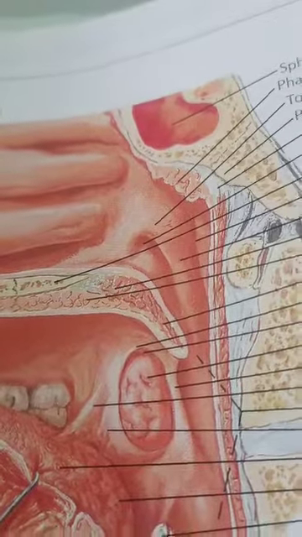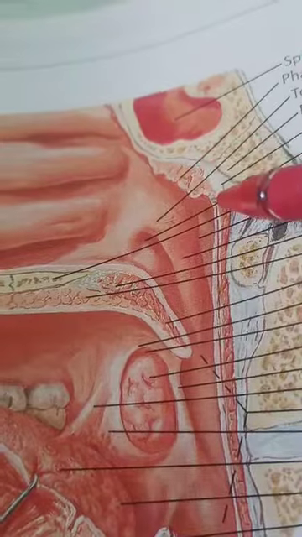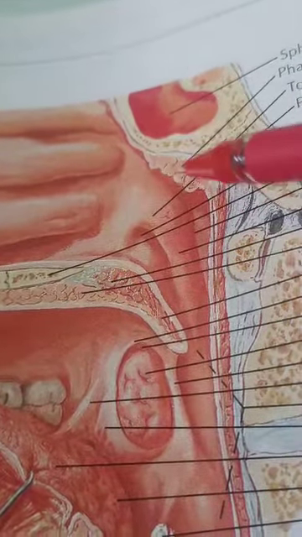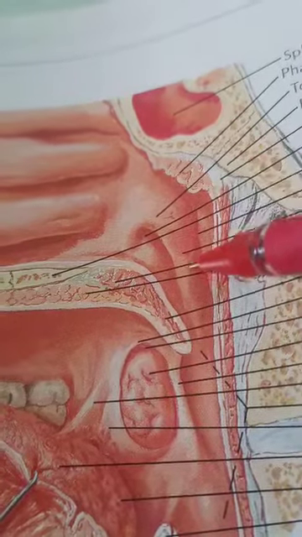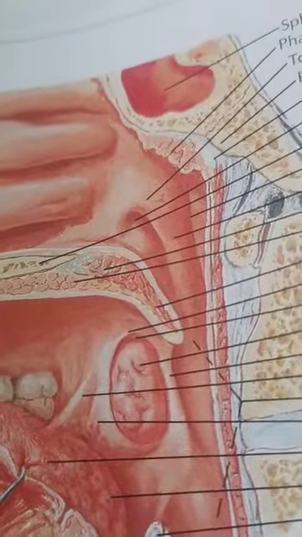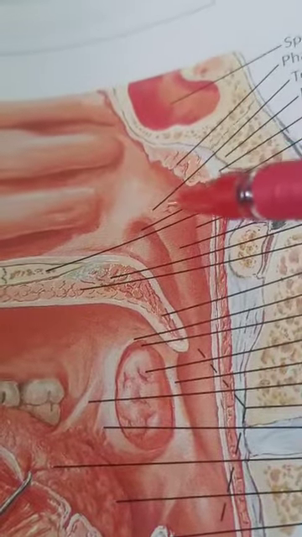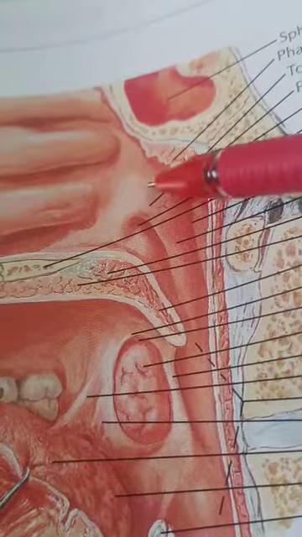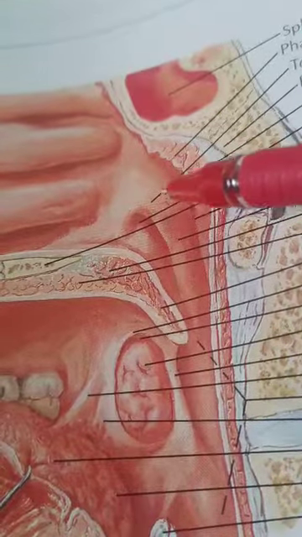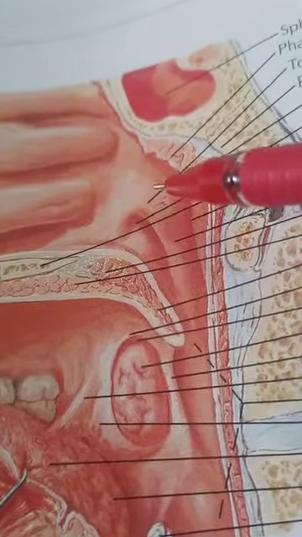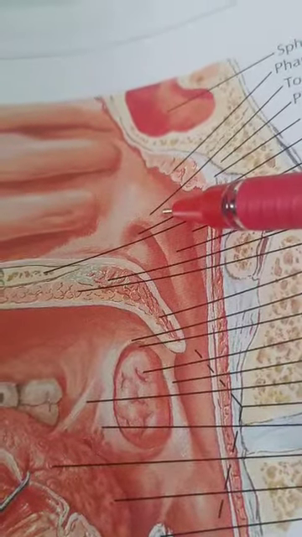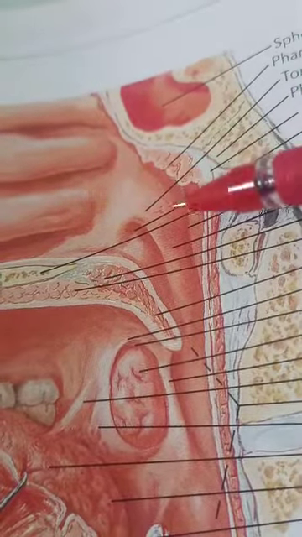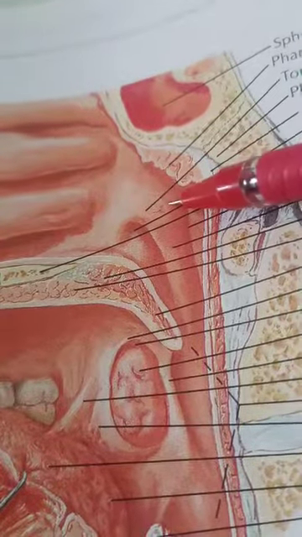Usually the pharyngeal tonsil will get enlarged during infection or inflammation. It will get enlarged in children, and that condition is known as adenoid. Here one more tonsil can be seen deep to the pharyngeal tonsil. This is our tubal elevation. Within the tubal elevation of the pharynx, we can see the aggregation of lymphoid tissue that forms the tubal tonsil. On either side, right and left, there will be a tubal tonsil.